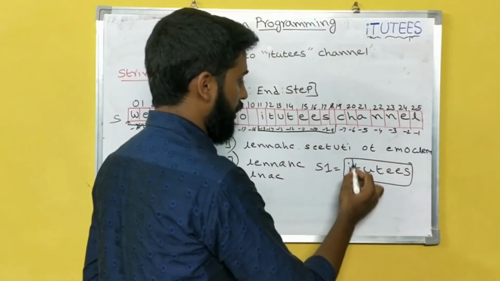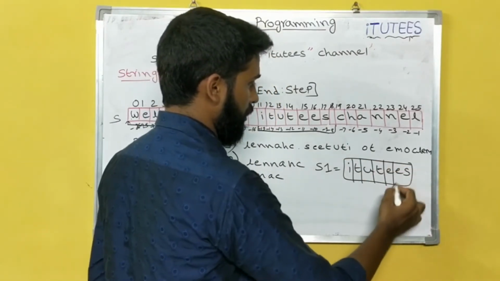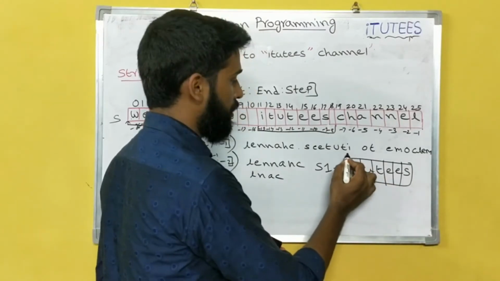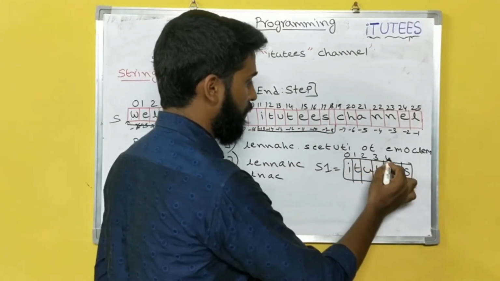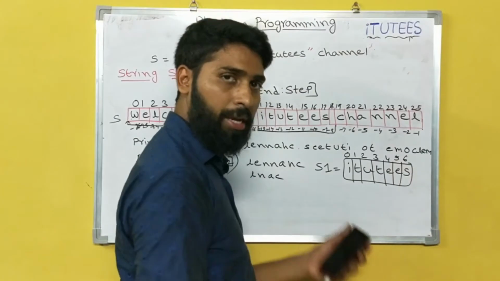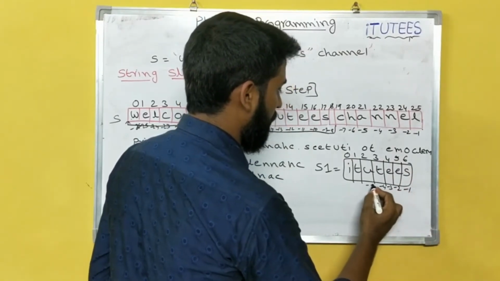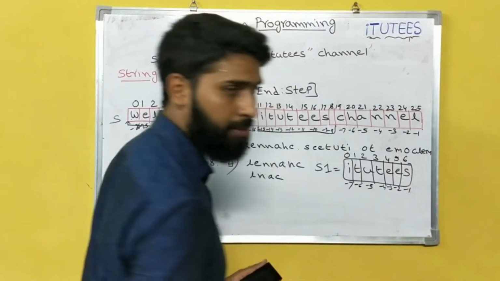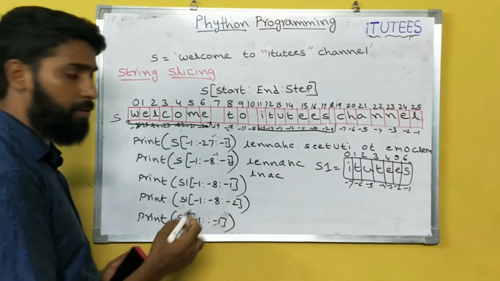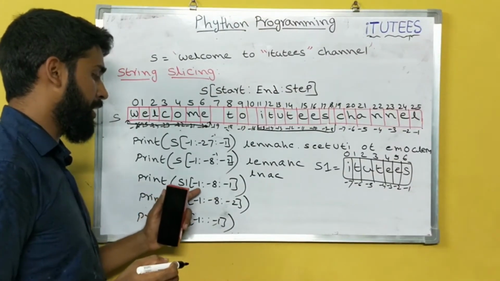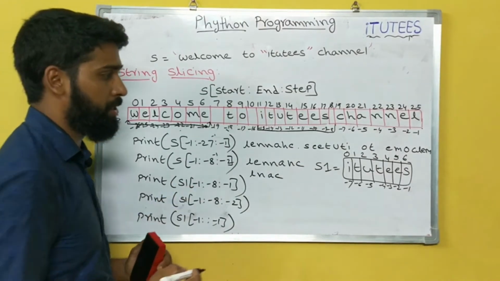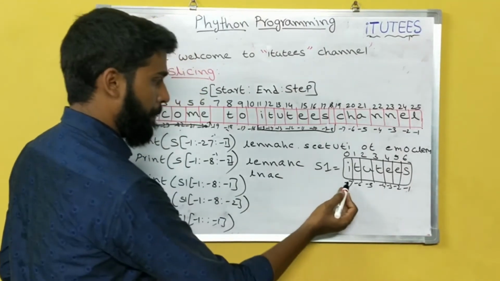Now we can write the indexes. What is the first index? 0, 1, 2, 3, 4, 5, 6. In reverse order, -1, -2, -3, -4, -5, -6, -7. So now you can see what is the output of S[-1:-8:-1]. So -1 to -7, it prints